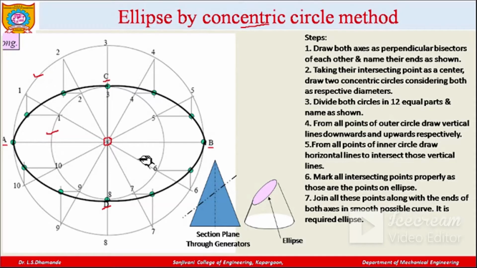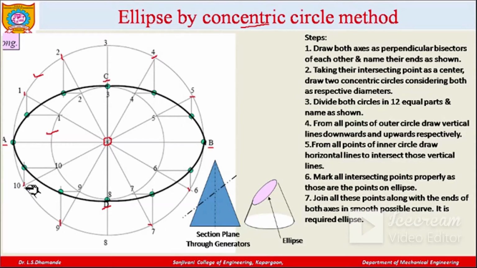Now once you draw these circles, you have to divide the circle into 12 equal parts. We already have one horizontal line drawn, and this vertical line drawn there. To divide into 12 equal parts, we can take the radius of this larger circle in the compass, put the end point over here and intersect that radius over here. Similarly keep the center here and intersect your radius here. This way you will get all the other intersecting points, with the help of which we can divide this circle into 12 equal parts. So these are the different points that you will get.